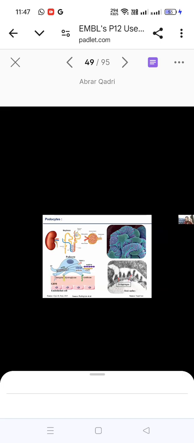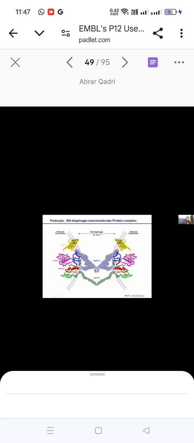This is the TEM image. Here we can see how the three layers in concert play a very important role in the filtration of blood and formation of urine, which is devoid of proteins. This is the actual macromolecular complex, the slit diaphragm, which attains dimensions of 30 to 40 nanometers. These pore dimensions won't allow the movement of albumin from blood into urine. When we dive deeper here, we see that there are 5 to 6 proteins playing a role in